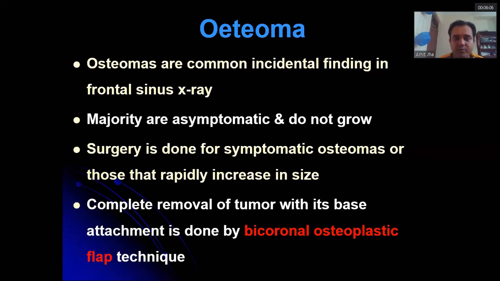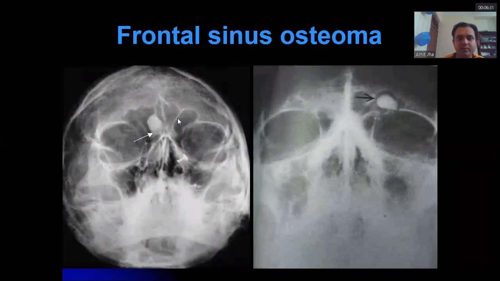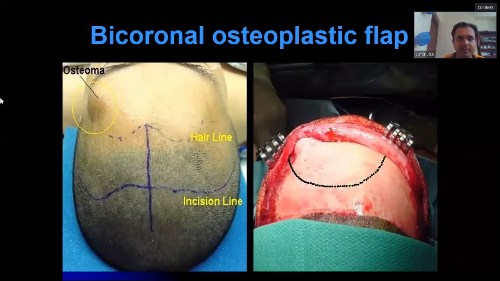Complete removal of tumor with its base attachment is done by bicoronal osteoplastic flap technique. Right? So you do not have to treat the patient if there are no symptoms, and this is only an incidental finding. And in case of osteoma surgery, we may need to involve the neurosurgeon during the surgery. This is how the osteomas look, and they commonly occur in the frontal sinuses. And look here, there is the swelling. So this is the osteoma, and here is the